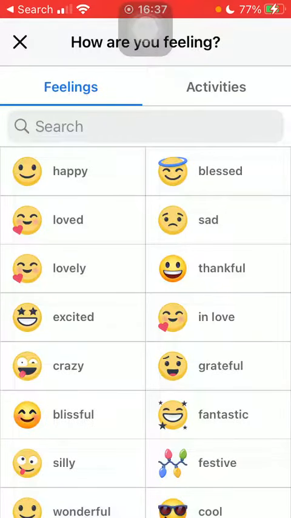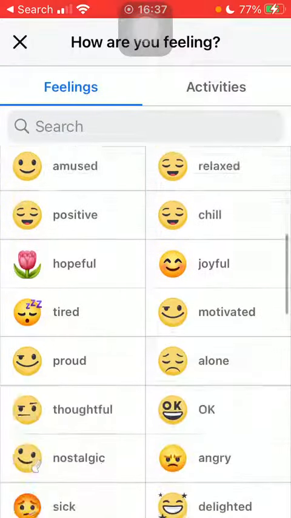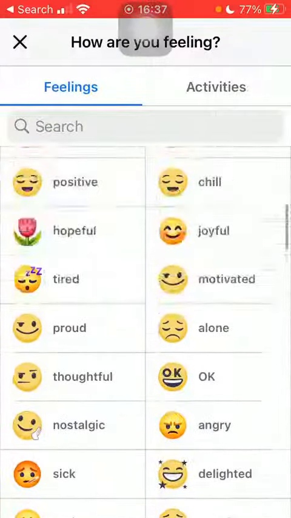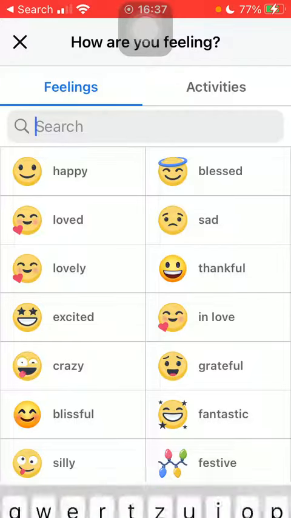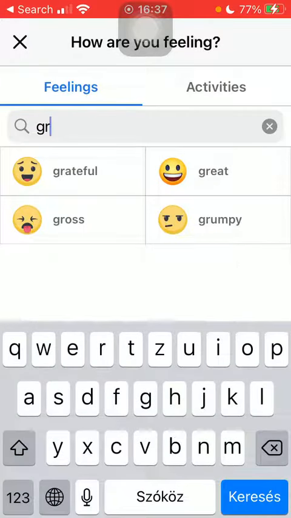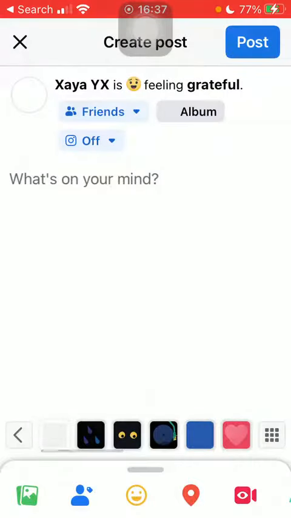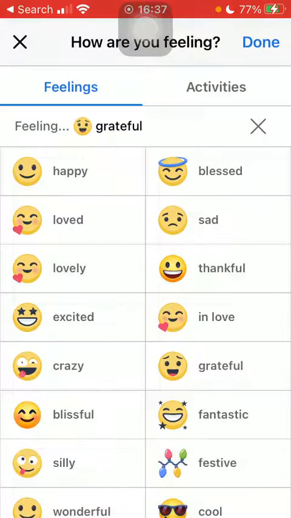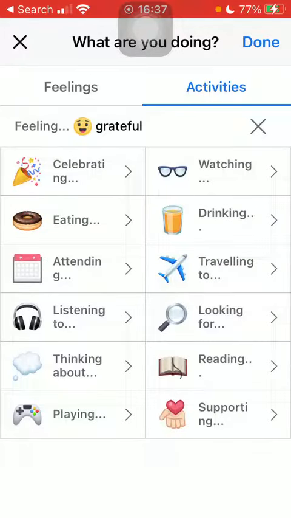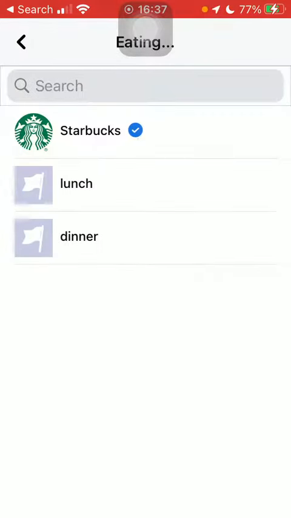And after that, you should select from these feeling options. You can also use the search bar to narrow down your search. Type in, select the feeling, and you can also search for from these activities as well, such as celebrating, watching something, eating something. So tap on the relevant one, and you can also select